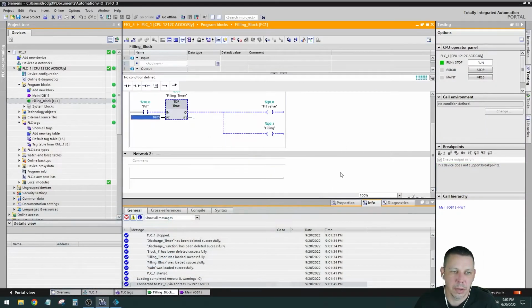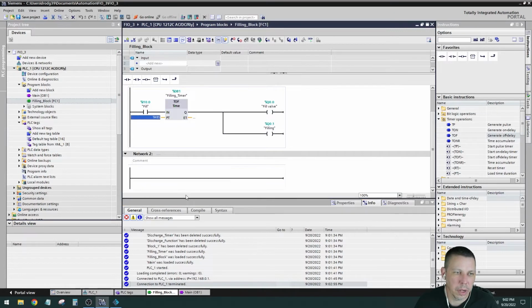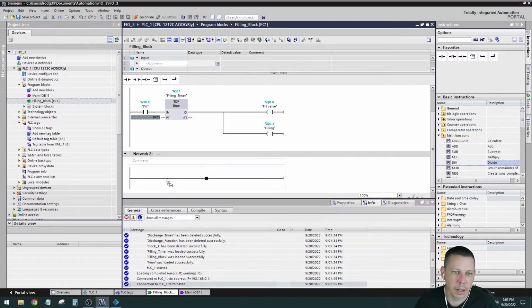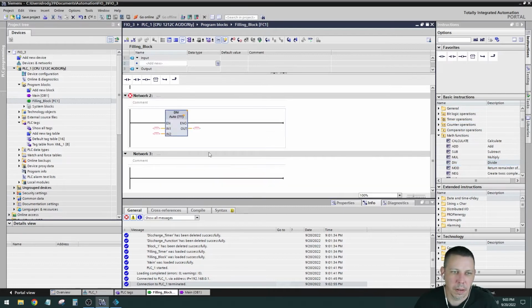And we need to add a new network down here. We are going to take the elapsed time from here and divide it by 1,000. I'm going to go offline first. Go to network 2, and we will put a math function right here. We'll put divide. And we need to set the data type. We're going to set it to double integer. And we'll take the,